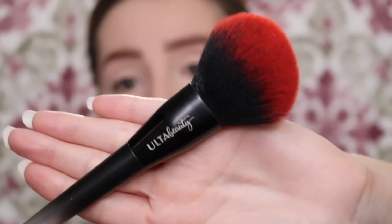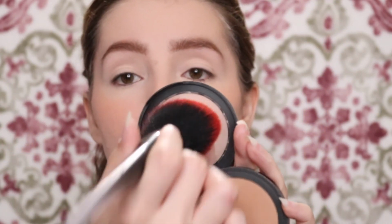I'm going to take this Ulta and Black Widow collaboration. It was a brush that they did. It looks like this. It's very fluffy and pretty, and I actually got this because Kathleen Lights kept using it in her videos, and so my sister got it for me for Christmas one year. So I'm going to take a little bit of the e.l.f. bronzer, and what I like to do is get the product and then tap it on the lid just because I'm afraid I'm going to put too much. And so I'm just going to start